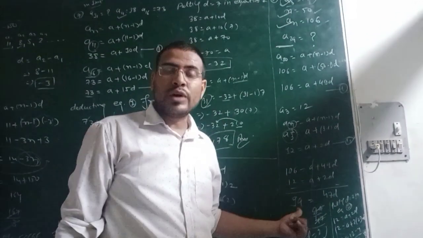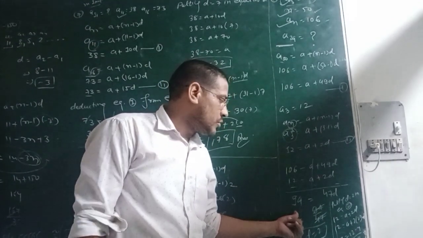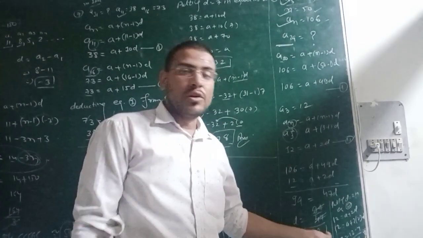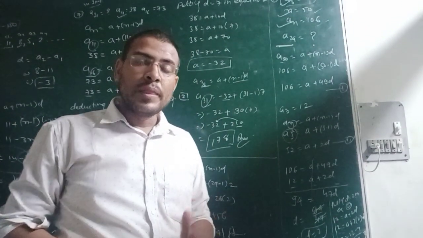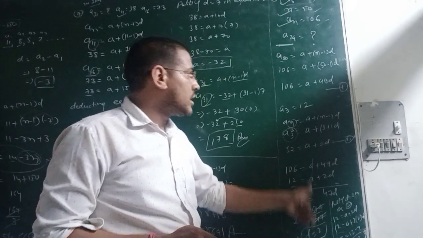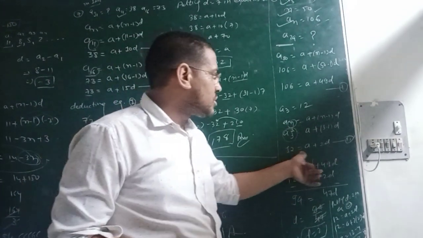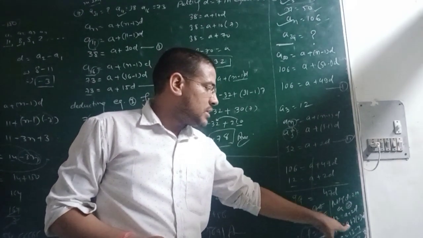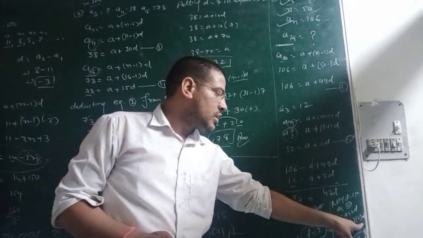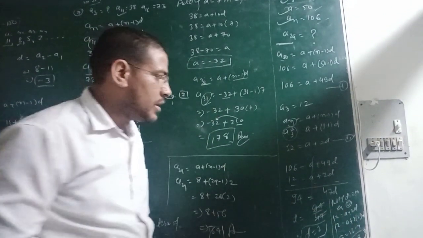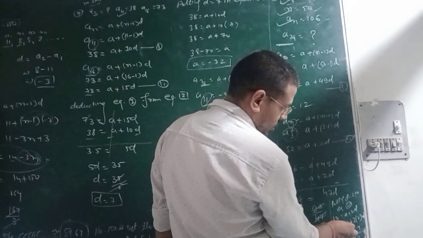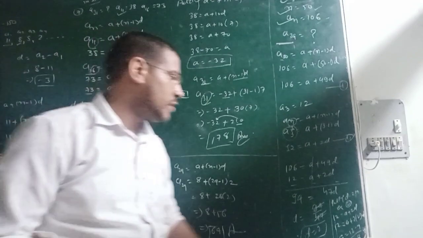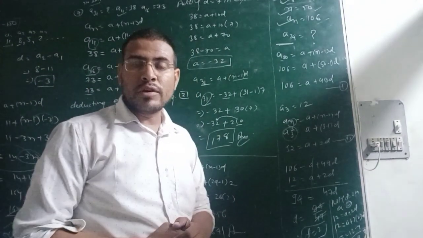So we want to find d. So d is equal to 94 divided by 47, getting the division. So d is equal to 2. Now we got the value of d. Now putting d is equal to 2 in equation 1 or 2, wherever you like, we'll put in equation 2. So 12 is equal to a plus 2d. So a plus 2d, d is 2, 2 twos are 4. We will transfer 4 to this side, so plus 4 on this side becomes minus 4. 12 minus 4, a is equal to 8. The first term that we got is 8.